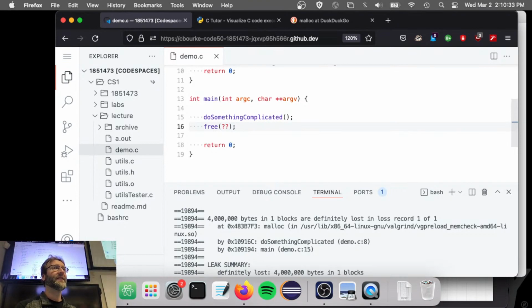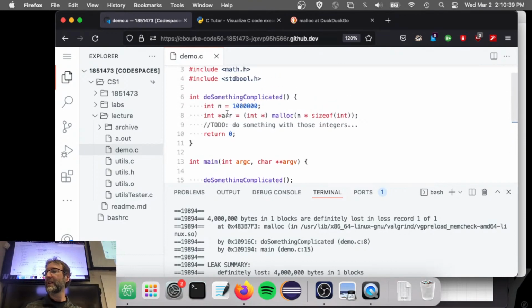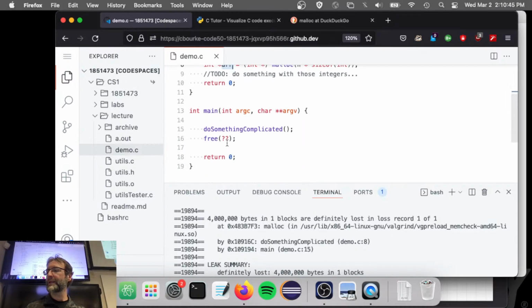Maybe? Well, I need to give it something, right? Or no, you can't. Why? Because it's a local variable that is scoped to that function. So how could I possibly get access to that variable? Now, I could go with another solution here that I'm going to tell you not to do,